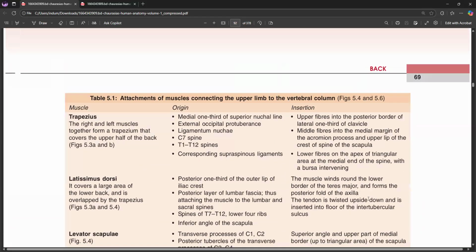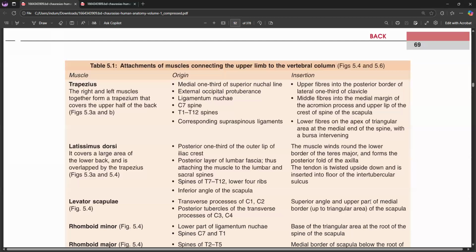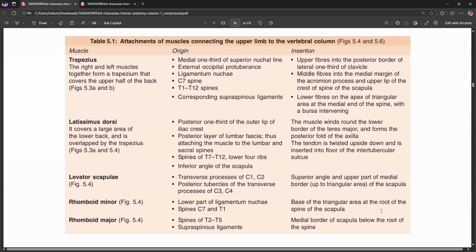Table 5.1. Attachments of muscles connecting the upper limb to the vertebral column. Figures 5.4 and 5.6. Muscle, trapezius. The right and left muscles together form a trapezium that covers the upper half of the back. Figures 5.3a and b. Origin. Medial 1/3 of superior nuchal line, external occipital protuberance, ligamentum nuchae, C7 spine, T1 to T12 spines,